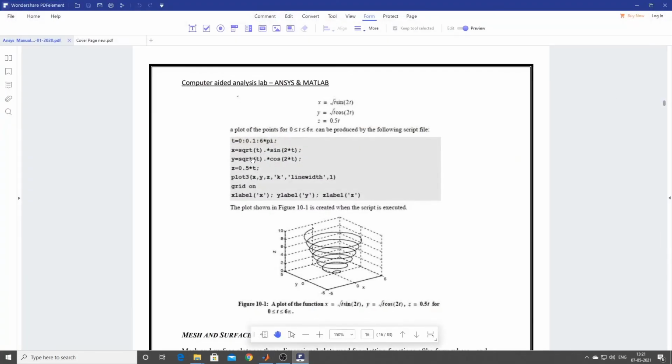The next thing is, say, I am defining x and y. So what is x? Square root of t into sine of 2t. Again, y equal to root t into cos 2t.